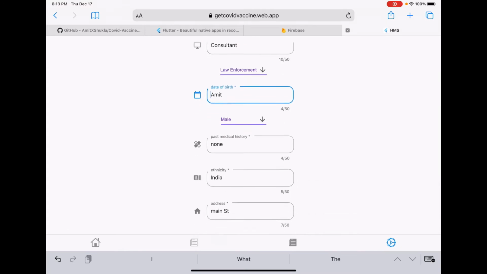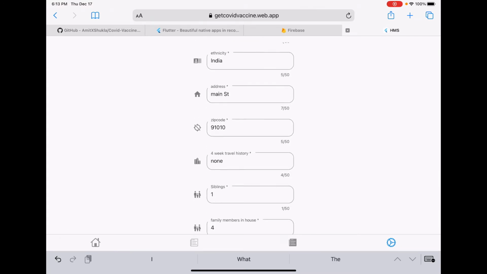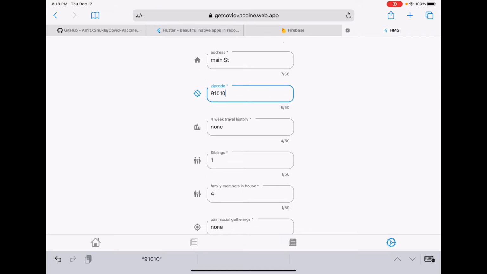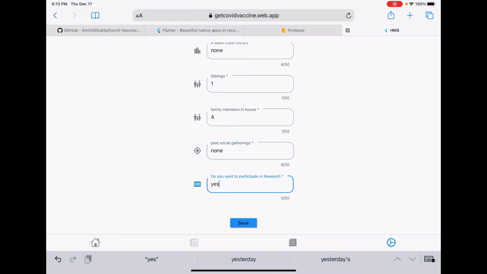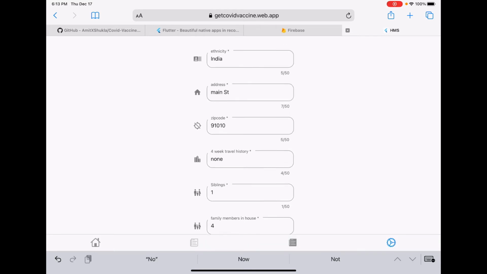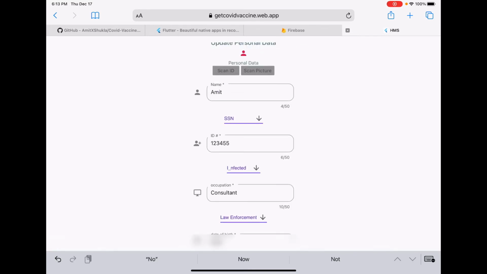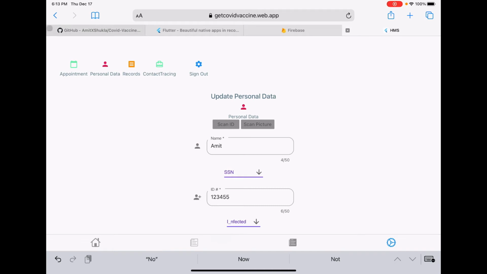Some other information, as you can see, again, you can add, update, record, delete as much information as you like. It totally depends on you. You can customize this application. But here I just put some basic requirements, like telling me about your travel history, siblings, the people living in your house, if you're involved in some parties or something like that. And here you have one option: if you do want to participate in the AI research we talked about, yes or no. So this captures very basic essential information from the patient perspective.